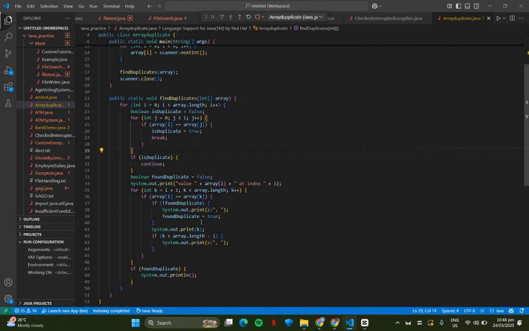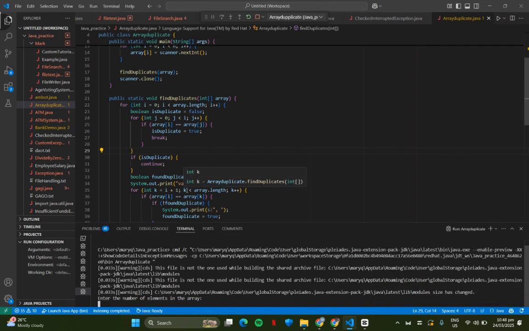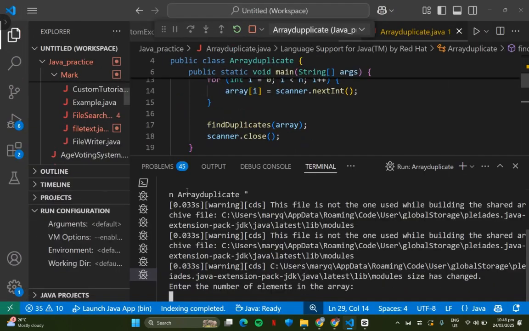So for example, we're going to put an example user input array. We're going to add the elements of the array.